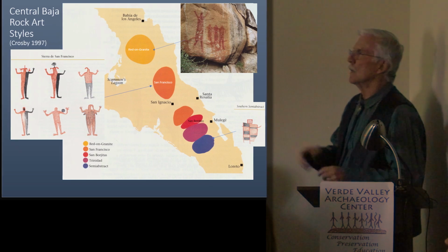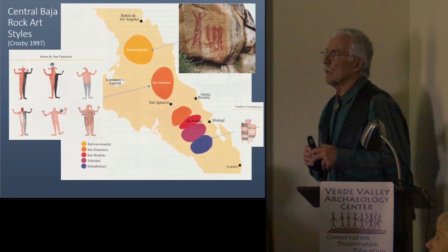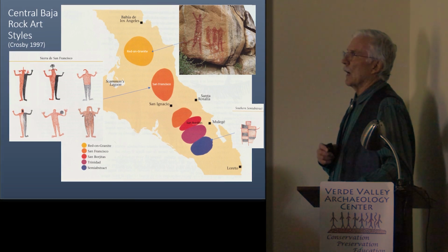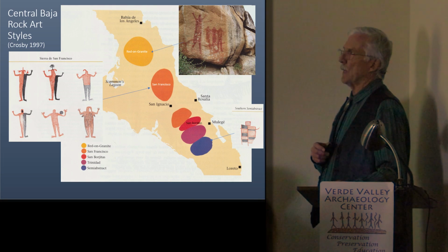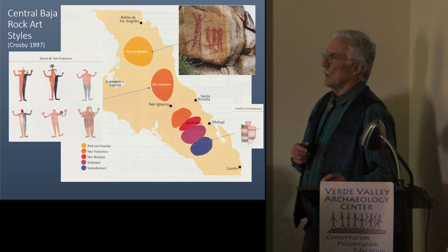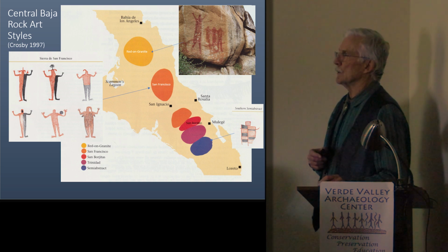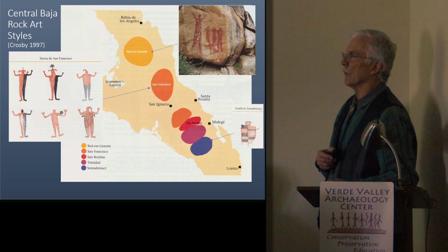Okay, so Harry Crosby, who's the known authority, spent a lot of time, I'll talk about him a little bit more later. He's identified 4 different rock art styles among the major rock art complexes down there. And the central characteristic of the San Francisco substyle, which is the most developed and most elaborate and detailed of all the rock art,